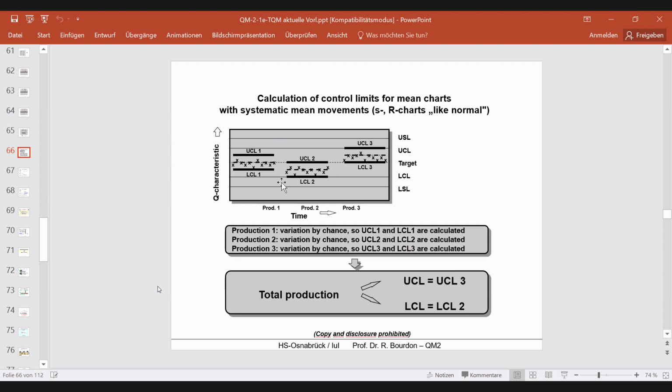Then the next order is coming, maybe after 1 or 2 months. And then you go into the process again. The process is running a few weeks. Then you stop the production again. And the second production has that mean value here. These control limits, as you see here, production 2